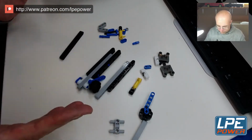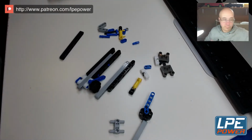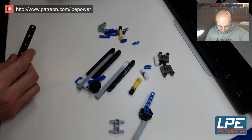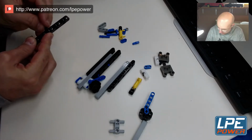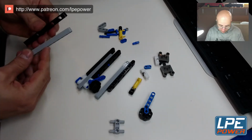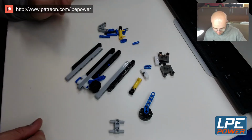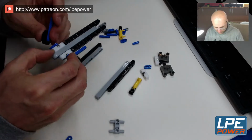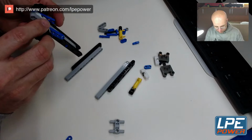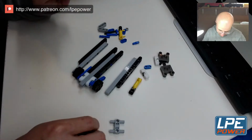And this is not gonna be a production engine. This is not an engine that we're gonna make as a product or a model, whatever. Just testing. It needs to be simple. And of course sturdy, because if it's not sturdy, we are not getting the results that we want. There we go. Simple to manufacture and simple to...